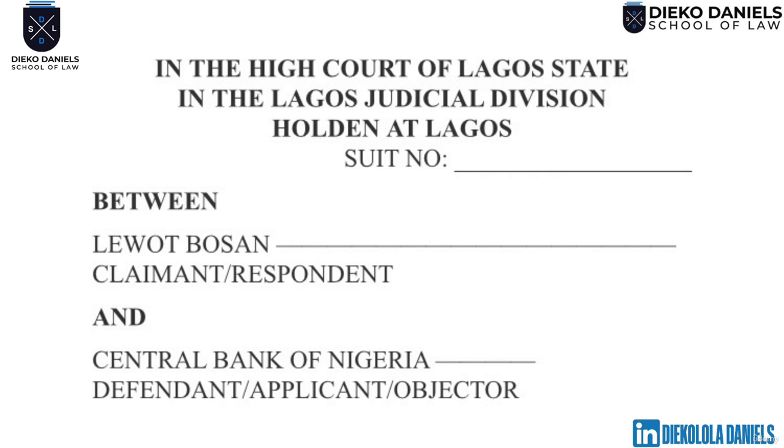The claimant can never be an applicant for a notice of preliminary objection. It doesn't make any sense, right? You can't be a claimant and be an applicant, because you carry the matter to court, and now you turn around and object to the court, saying the court does not have jurisdiction. Does it make any sense to you? So it always has to be the defendant / applicant / objector who will object to the jurisdiction of the